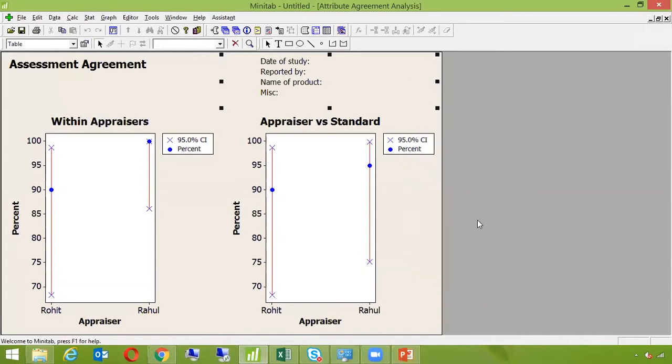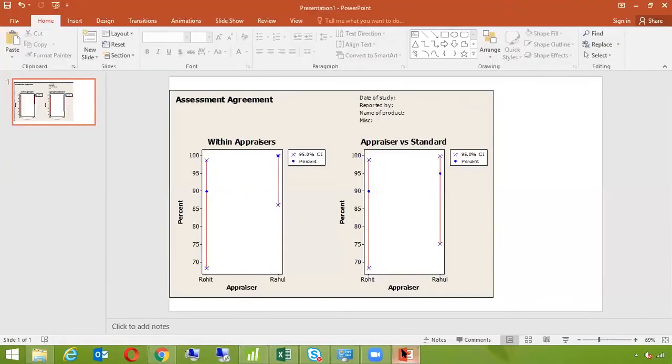So we just need to input the data and then we can get the graph, everything prepared automatically. Absolutely. So in all the tests that we are going to do on Minitab, we will be able to fetch or copy that snapshot in your respective presentations or in your Excel, and by this you will be able to show a graphical or visual representation of what you have done.